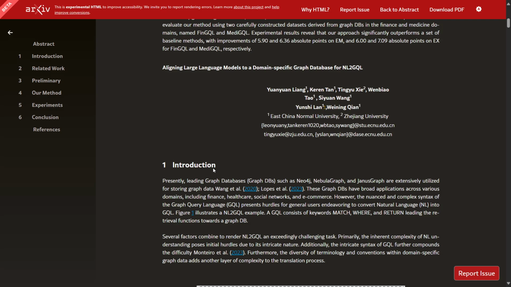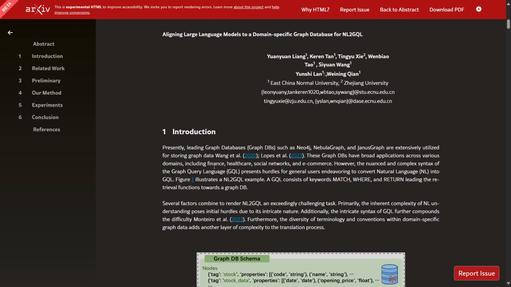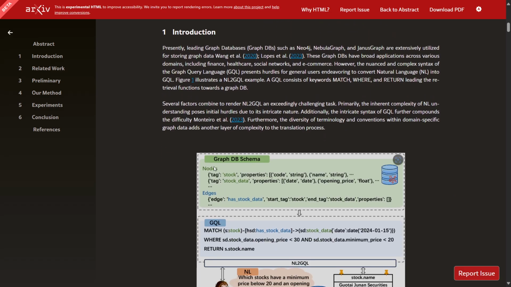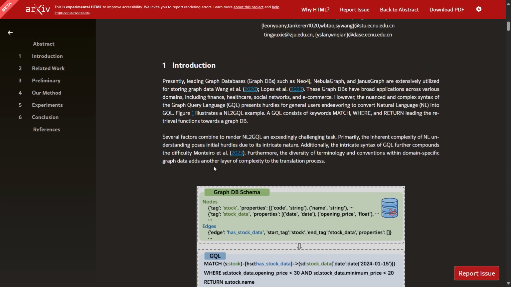1 Introduction. Presently, leading graph databases, GraphDBs, such as Neo4j, Nebula Graph, and Janus Graph are extensively utilized for